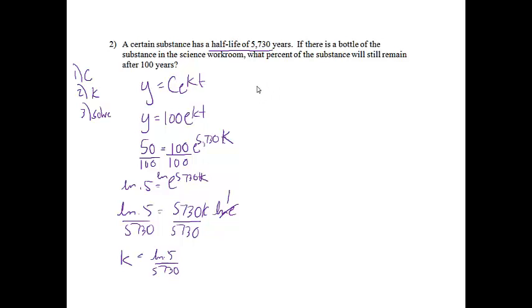So the next thing that I would like to do is, I've got y equals 100 e to the (ln 0.5 over 5,730) t again, and this says what percent of the substance will still remain after 100 years. So 100 years, again, they were giving me a time, so t would equal 100. So if I just plug that into my calculator, I should end up getting